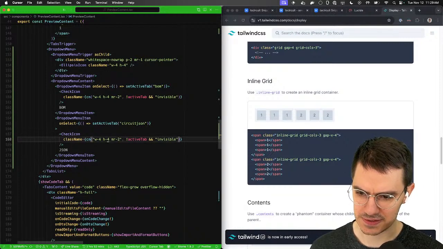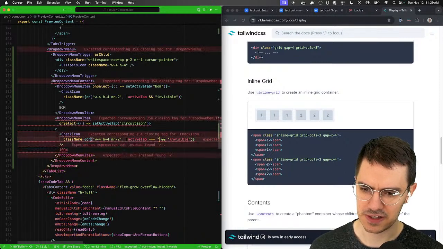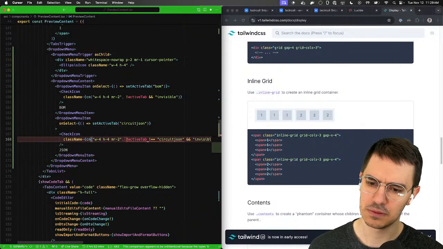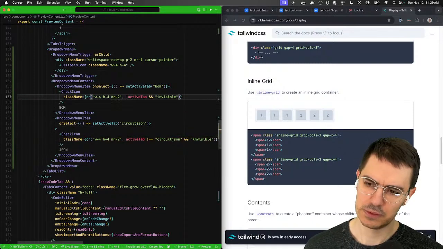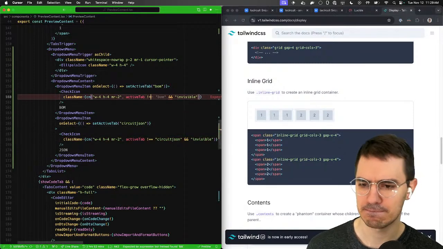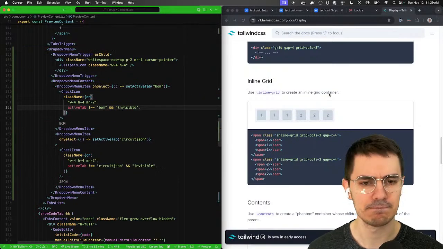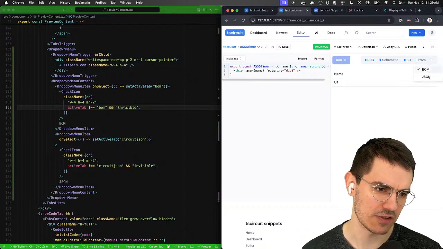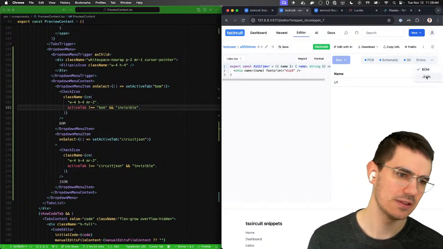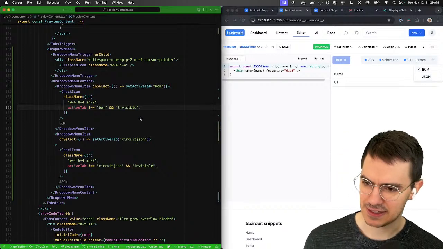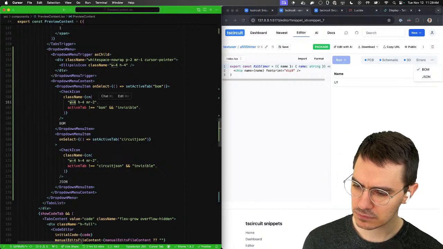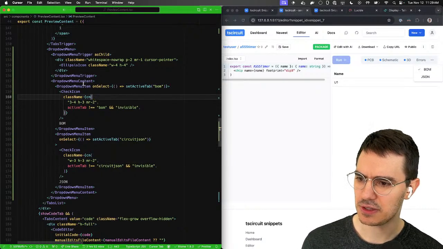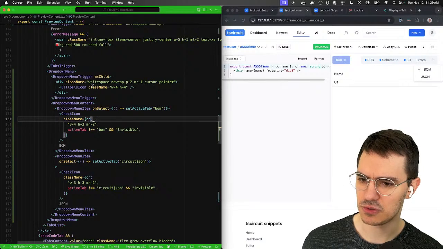Yeah, it's all about consistency. Oh, this should be active tab equals circuit JSON. Okay, yeah. All right, so now the JSON and BOM text line up. Something bothers me about the text size. I'm just going to tweak this for a moment. We'll say that that is 3, and then we'll set the text to